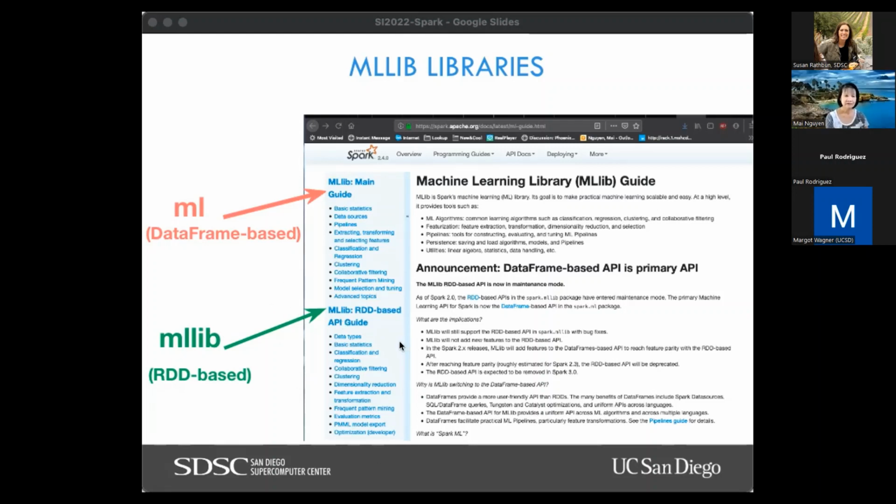But then when data frames became the standard for programming, they created another machine learning library, referred to as ML. But now the RDD-based library is in maintenance mode. So when people talk about MLlib, they usually mean the data frame based one. But you'll see that this still is around because there's a lot of documentation that exists here that was not carried over to the data frame based machine learning library.